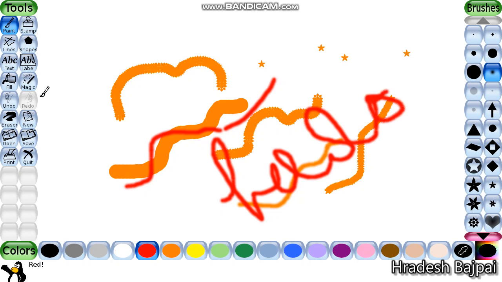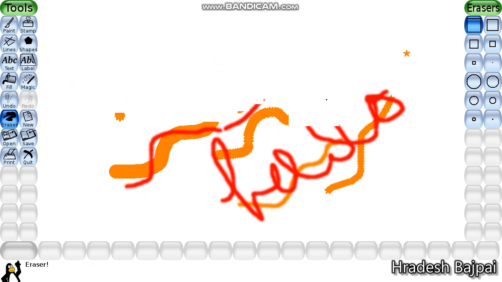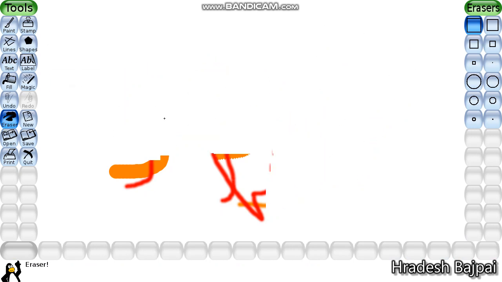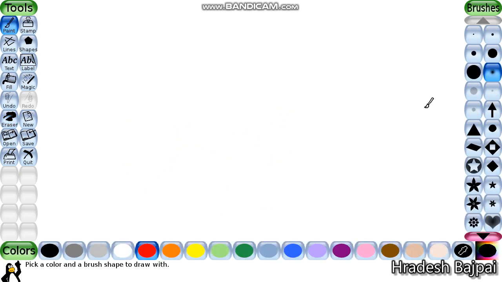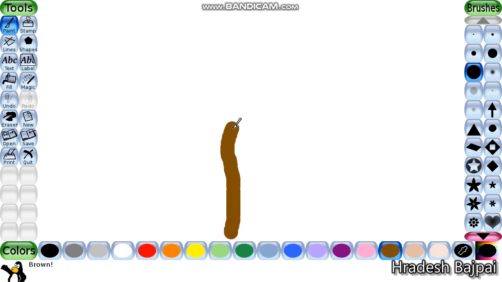Now see, in your book on page number 16, one tree is given. For drawing a tree, first you have to click on the paint brush and then just draw the stem. I am just trying to draw a stem like this.